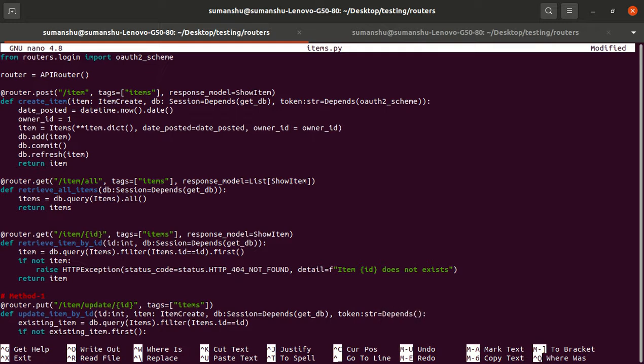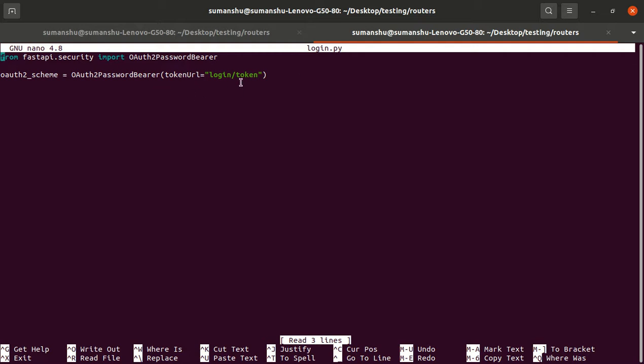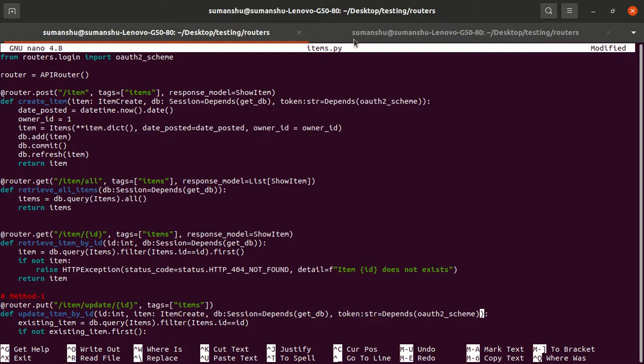And this depends upon auth to scheme. So depends basically means, whatever the function, let me show you. So whatever the function, basically this class goes to this route login/token, which does not even exist right now, it will create a token and return it to this. So OAuth2 scheme. That's why I am saying the token for the individual user is different. So the token is depending upon the OAuth2 scheme. Whatever the token comes here, we will accept there, same as data.